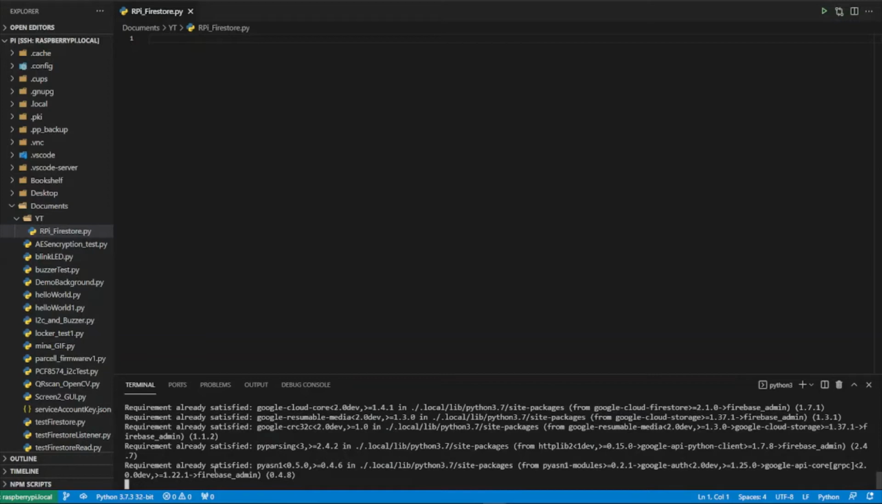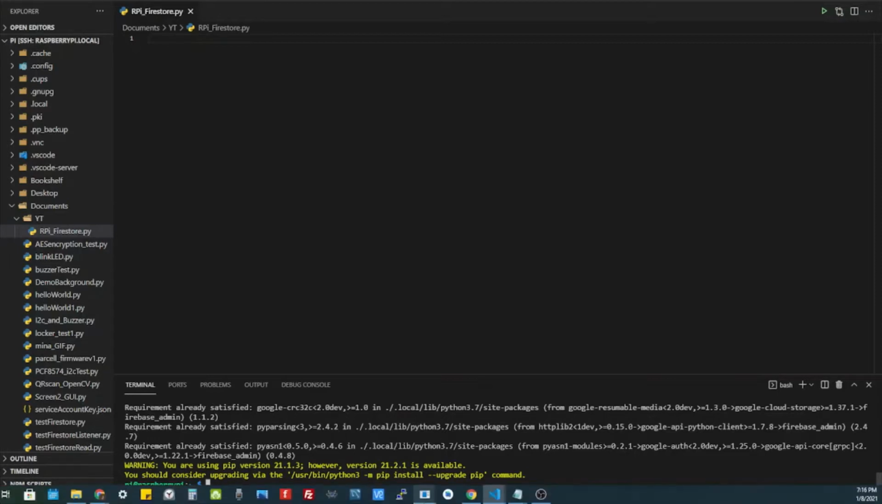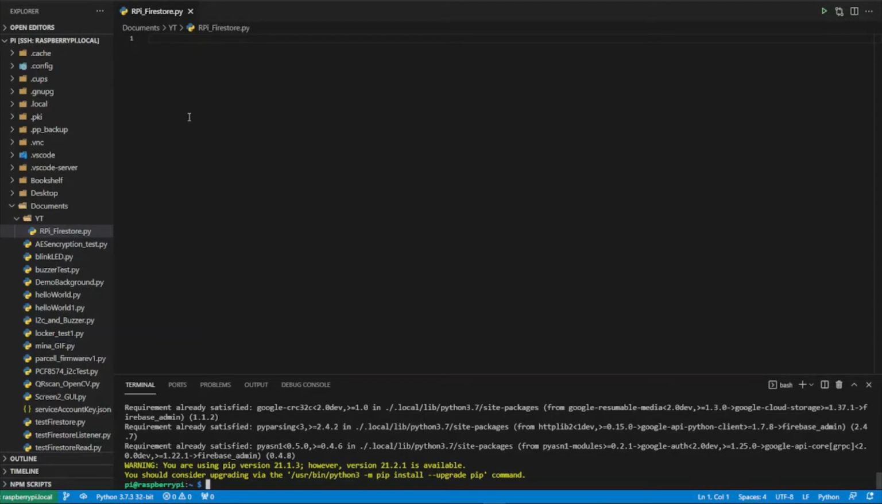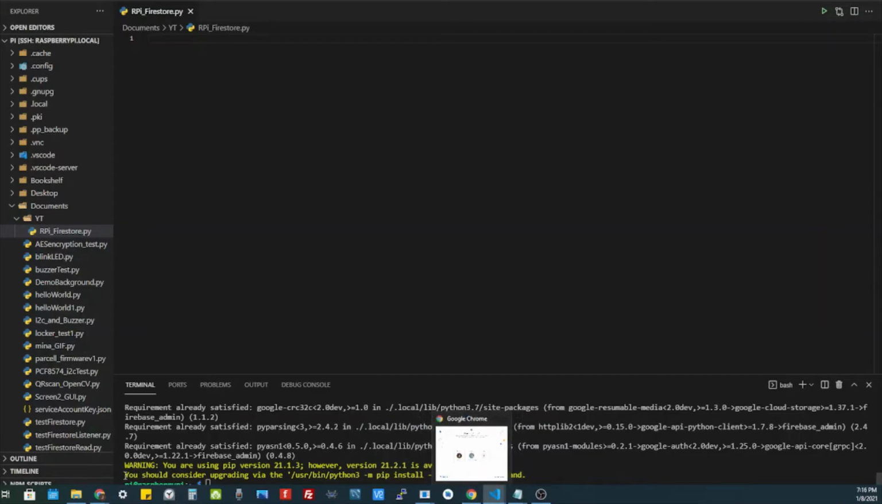As you can see, I've already downloaded it. In your case, make sure to download it first. The next thing is, again, I've already made a Python file right here in my Raspberry Pi. The next thing is